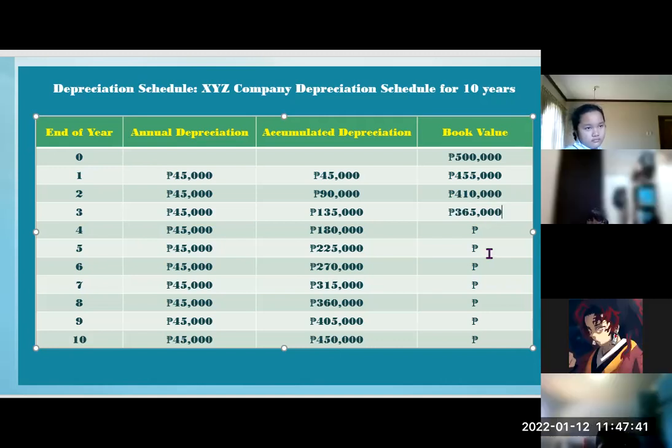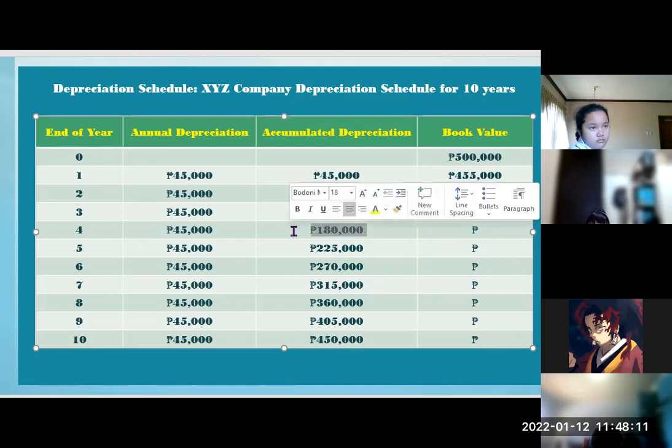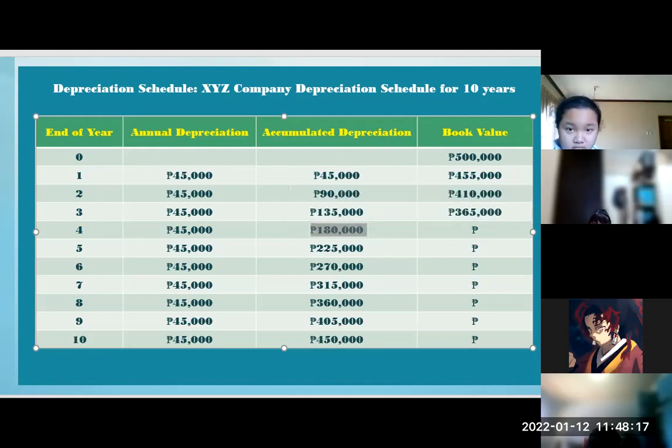Who hasn't been called? Mr. Quinton. So, year 4, what's our year 4 book value? All you have to do is subtract the 180,000, this one, from 500,000 pesos. Subtract the accumulated depreciation of year 4, which is 180,000, from the 500,000 pesos. 320,000. Yeah, it's 320,000